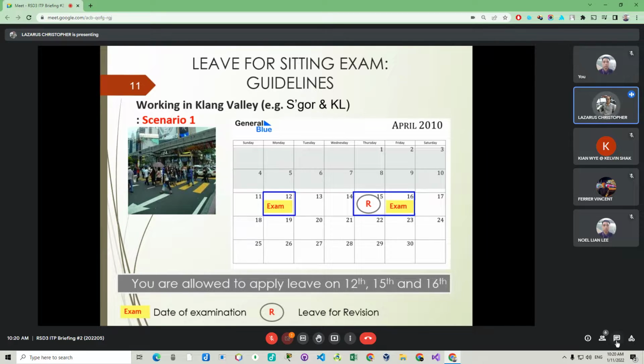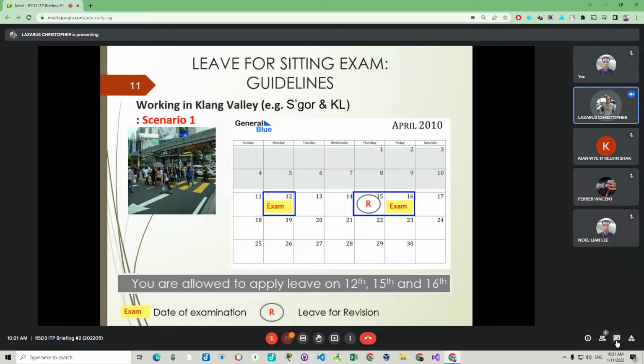Your exam is Monday. Let's say you have an exam on Friday, right? You're allowed to take one revision day, one day before the exam. Can you see that? Yes. Why Monday don't have revision? Because you have Sunday and Saturday. Actually, Saturday maybe half day. I'm not sure, but certain companies got half day, but at least you have Sunday free for your revision,